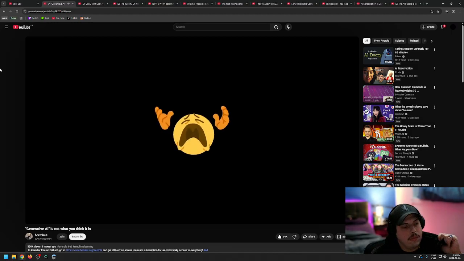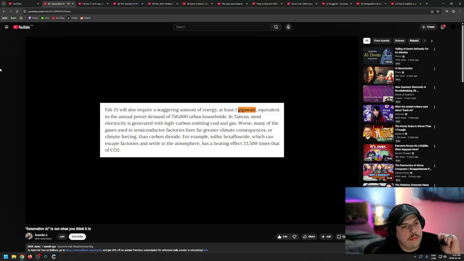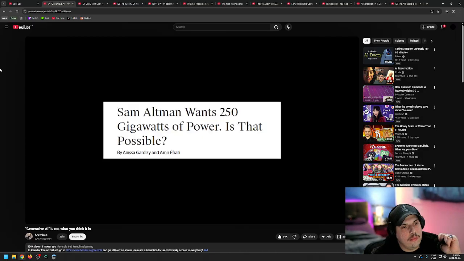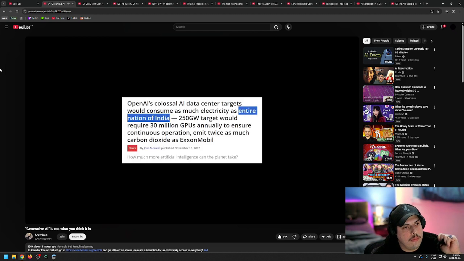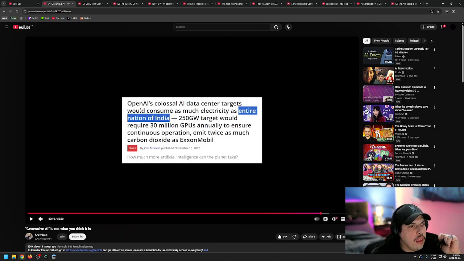It's also going to get so much worse. If you think 1 gigawatt is a lot of electricity, here's Sam Altman saying they plan to build to 250 gigawatts. This is equivalent to the entire electricity cost of